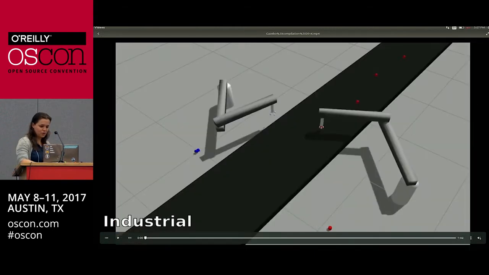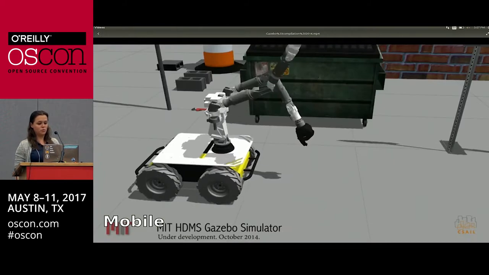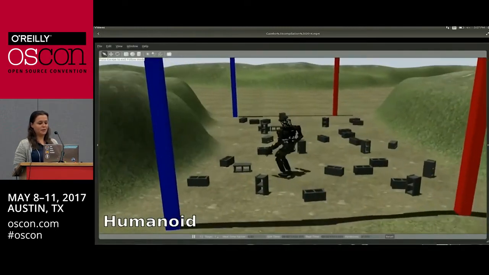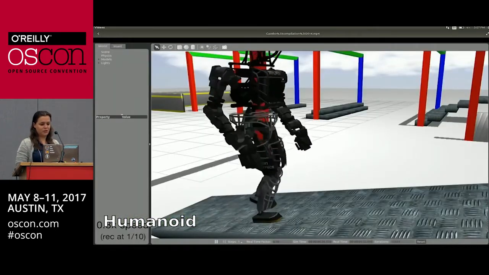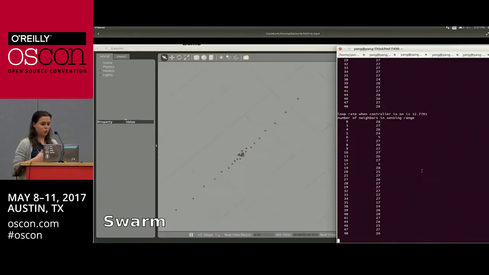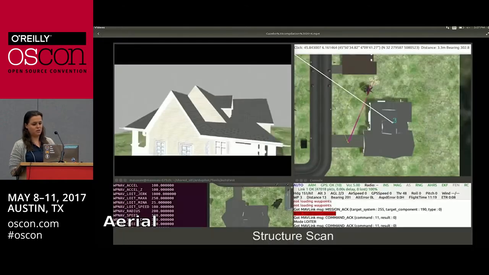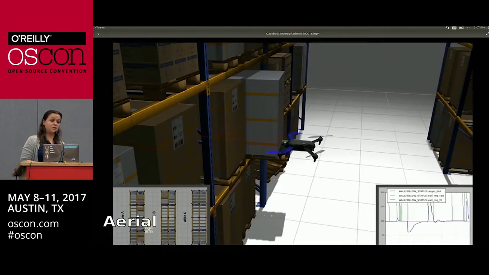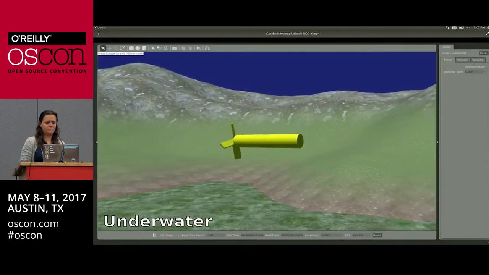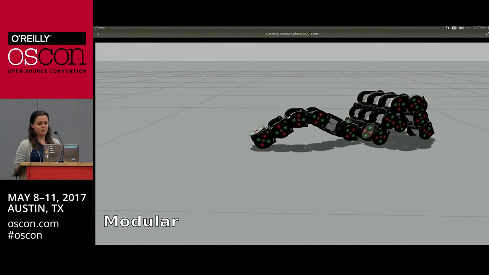So you can simulate all types of robots in Gazebo, from industrial arms to mobile robots with wheels and robots with legs, biped robots, humanoids with a lot of joints, swarms of robots, so you can have hundreds of robots in the same simulation, flying robots, fixed wing, or drones, underwater robots as well, some modular robots,